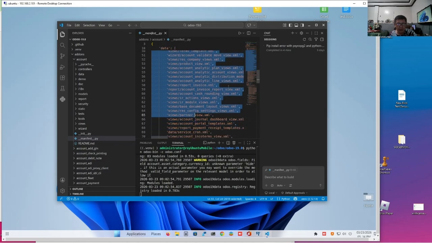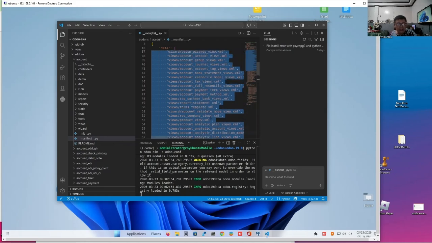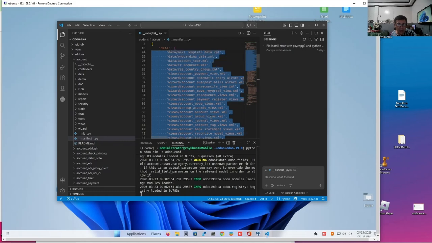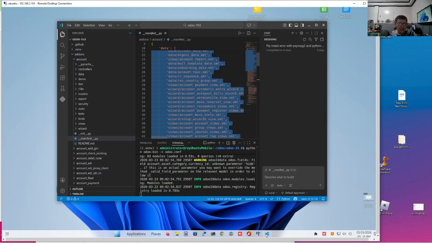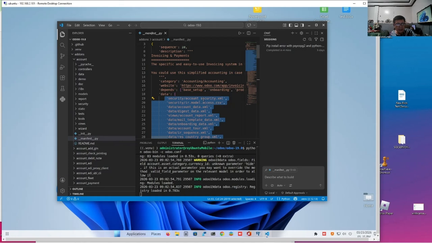So you will have XML files, you will have report files, anything that's non-Python. Okay, the security files, the wizards, and everything. And you will also declare the dependencies like the basic setup of Odoo, the onboarding. These dependencies occur in the Odoo core, or they can occur in some other folder, that is, if it comes from a third-party file.